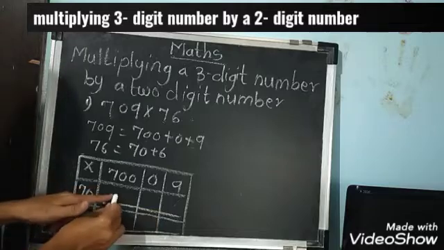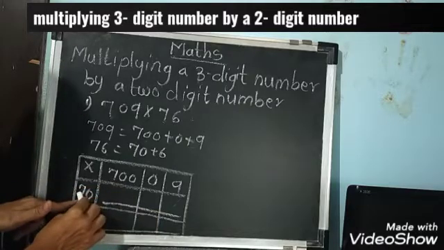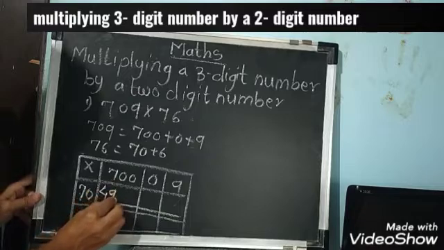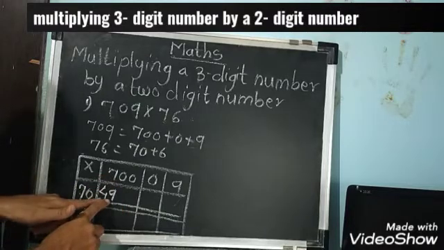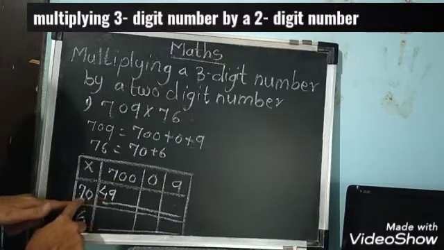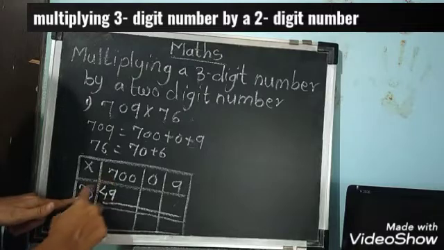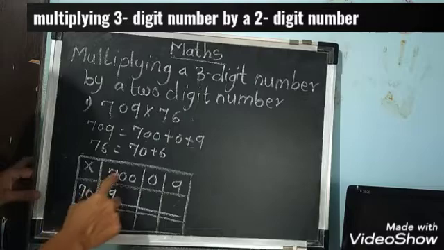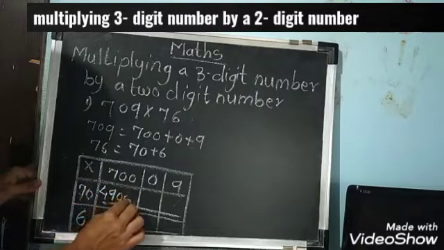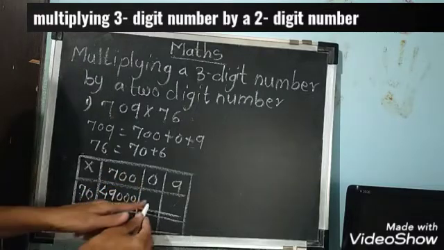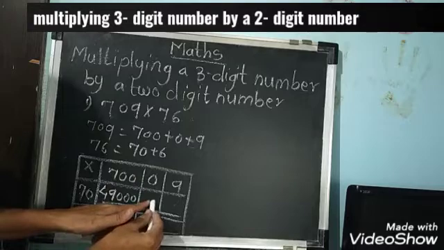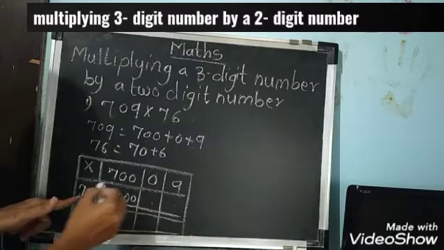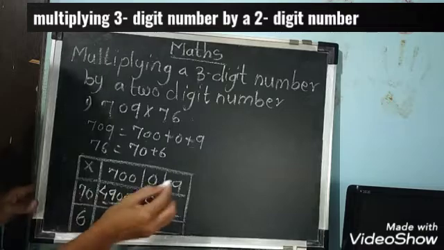Okay, so first this goes straight. 7 multiplied by 7. 7 sevens are 49. Observe carefully how I am solving the examples. How many zeros are there in both boxes? 1, 2, 3. Okay. Now this box. I want to find the answer of this box. Go straight. 70 multiplied by 0. 0 multiplied by any number, answer is 0.